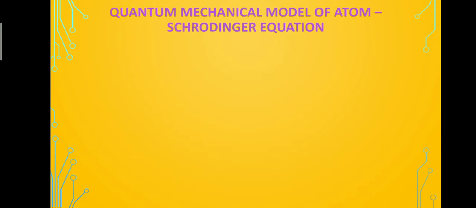So next one is a quantum mechanical model of atom. So that is a Schrodinger equation. So on the basis of quantum physics, Schrodinger derived an equation, and he applied the quantum mechanics into understanding the nature of an electron, and he expressed the wave nature of an electron in terms of a differential equation, and this equation determines the change of wave function in space depending on the field of force in which the electron moves.